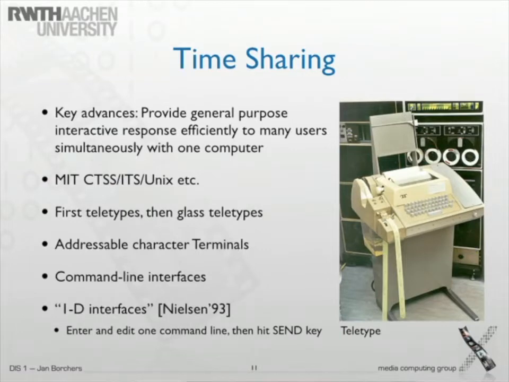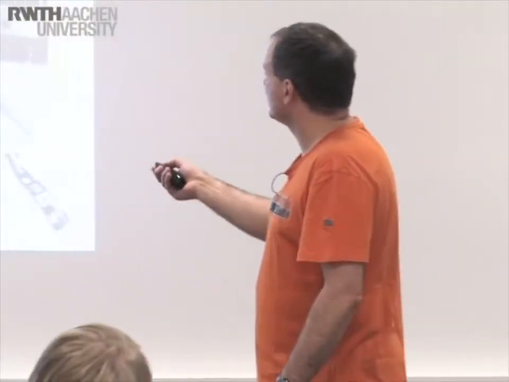In fact, the concurrent time sharing system, which was developed in the early 60s, was the precursor of modern operating systems. This was done at MIT, and then they developed the ITS, the Incompatible Time Sharing System. Of course, programmers like to make fun of other systems, and that ultimately led to Unix as an operating system. The original input was a remote station like this, which was a teletype,